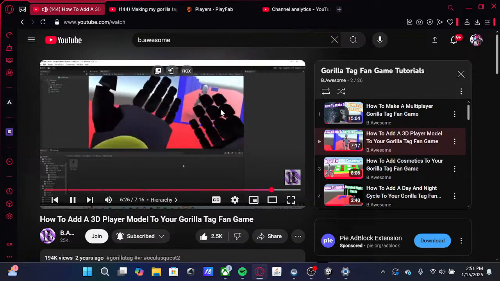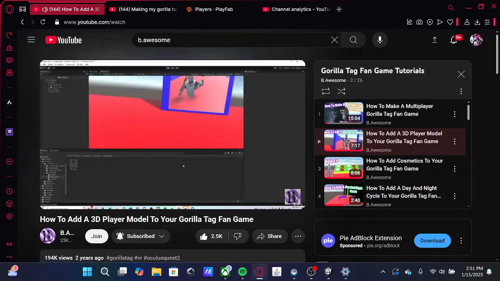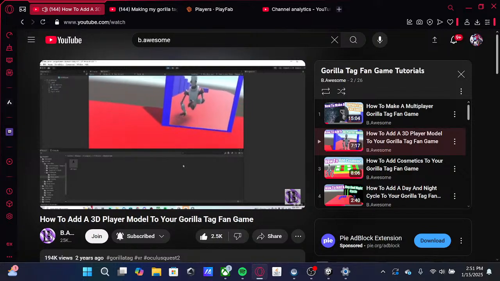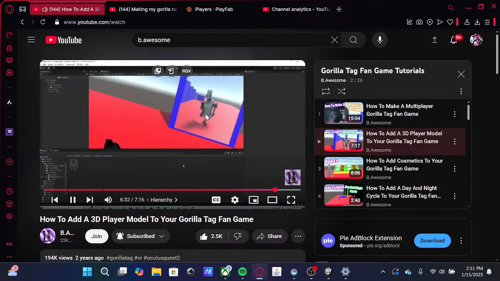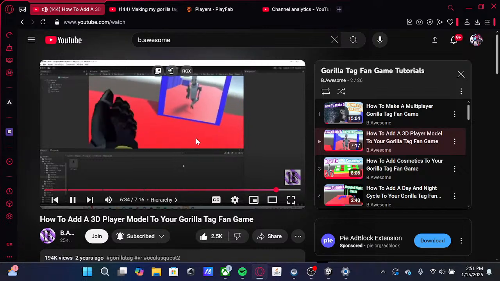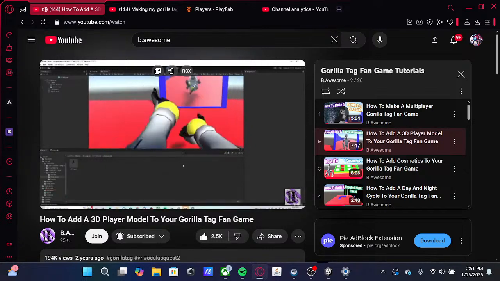Right now when I'm playing, I still do kind of see my eyes above me, but I just need to move the model a tiny bit more down. But anyways, that's how you add a full 3D player in your Gorilla Tag fan game. Once again, if you guys have any questions, please